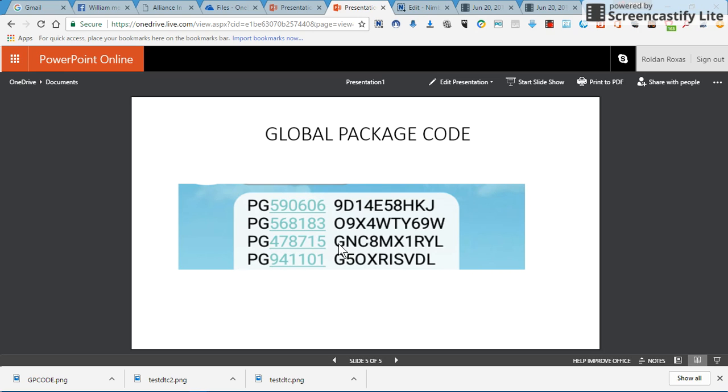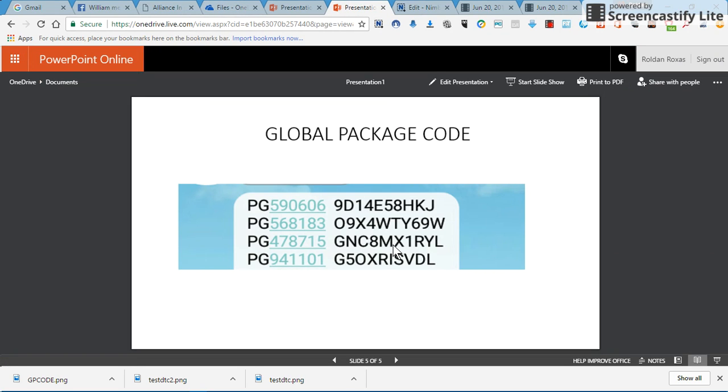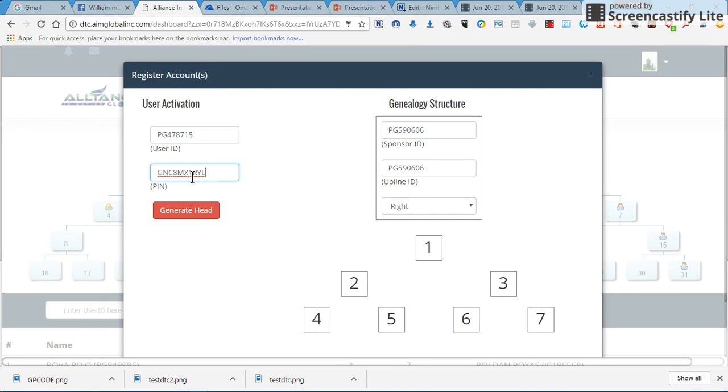If it's small, small. Big letter, big letter. Numbers, right? Okay, this one: JNC8MX1RYL. Then after that, the right portion, right?